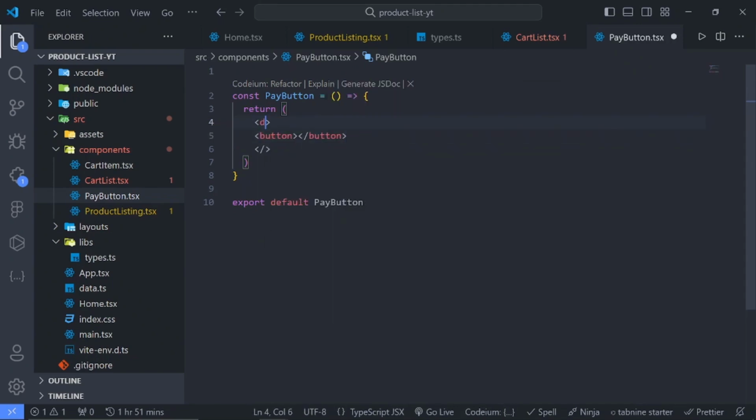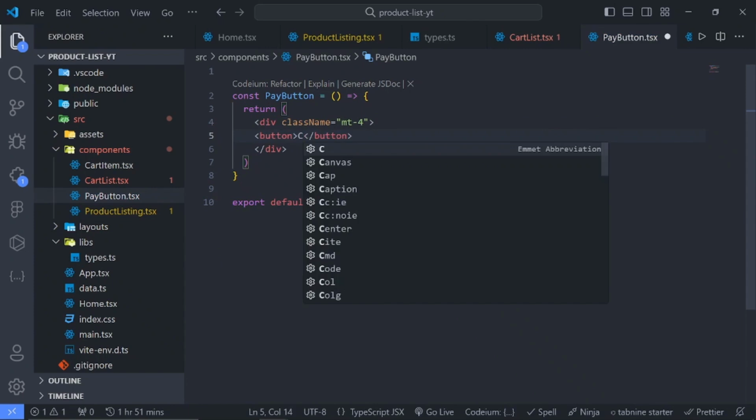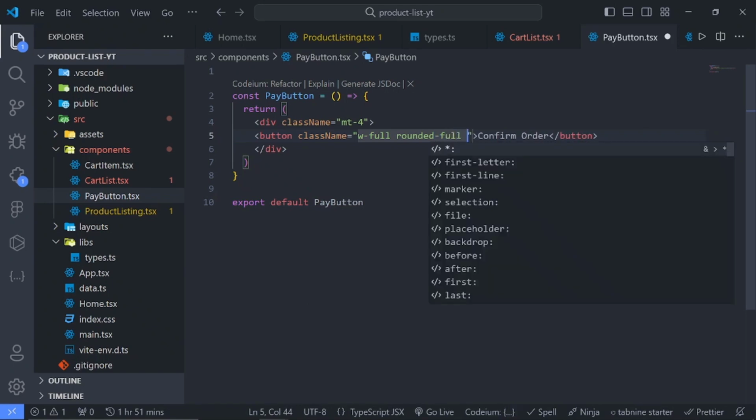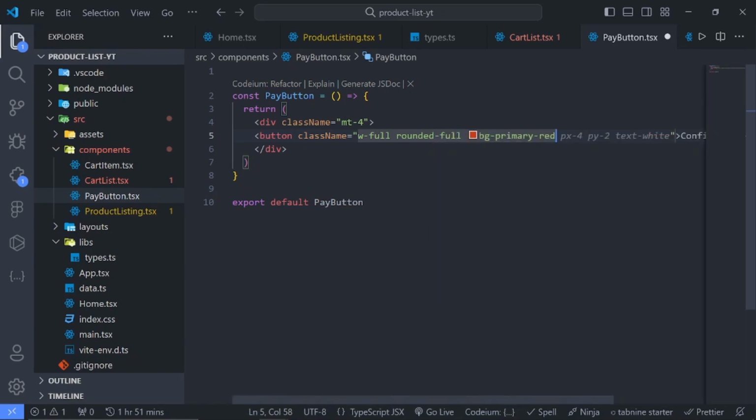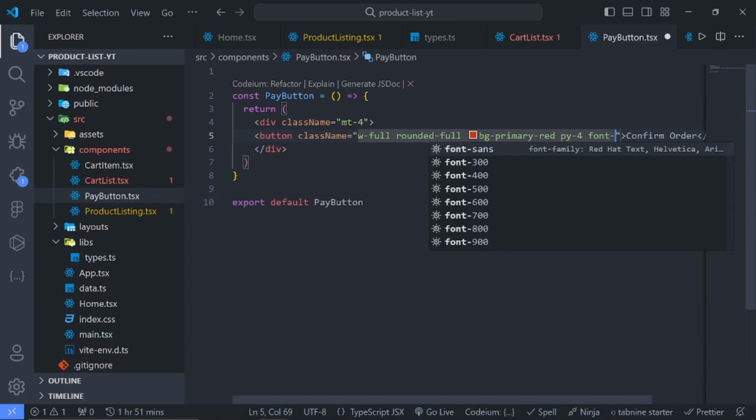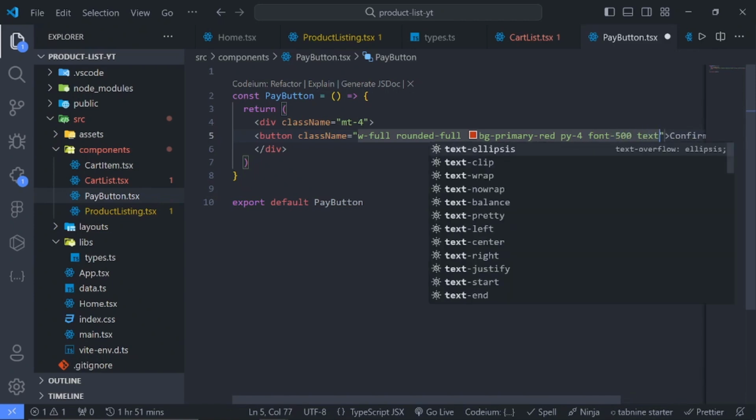Or instead, I will bring this back and let me just add first name and say the margin top should be 4. Here should be confirm order and add the style for it. So we say the weight should be 4, rounded should be full as well. Add the background of primary, add the top button should be 4, font weight should be 500, text should be